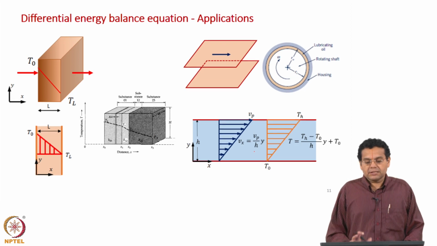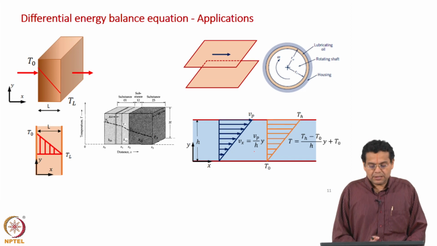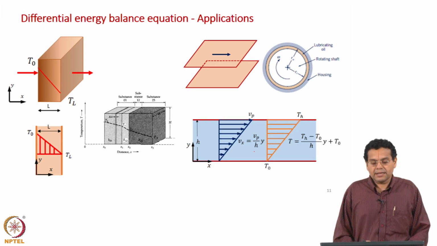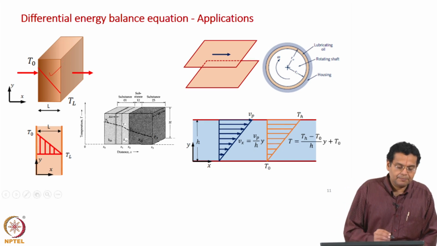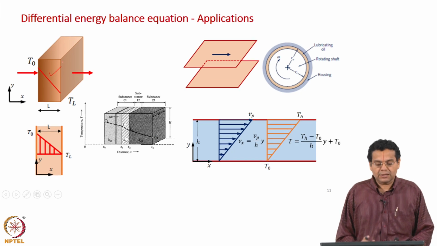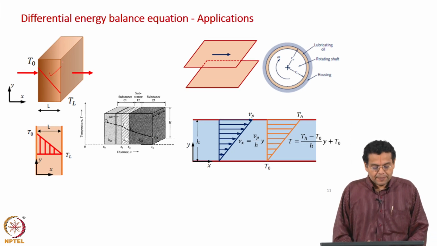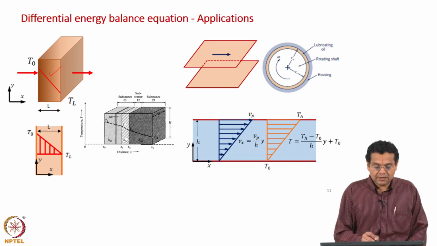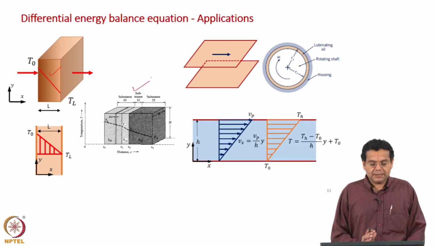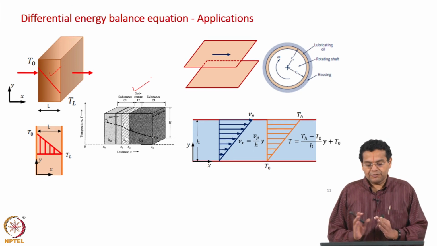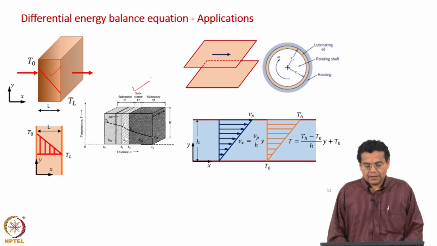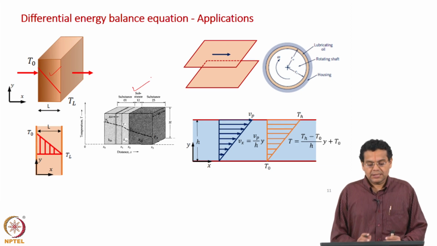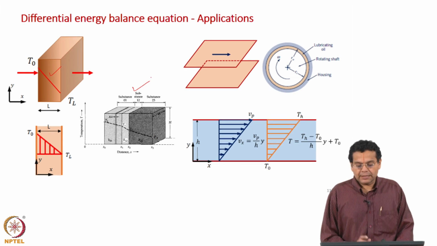What is it that we are going to discuss in the present course? As usual, our applications are going to be very simple. Let us look at them. We are going to apply the differential energy balance equation to find out the temperature profile in a slab whose two surfaces are at 2 different temperatures, and then we will extend that to a series of slabs which would represent a furnace wall made of different layers, and here our objective would be to find out the heat flux through such a wall made of different layers.